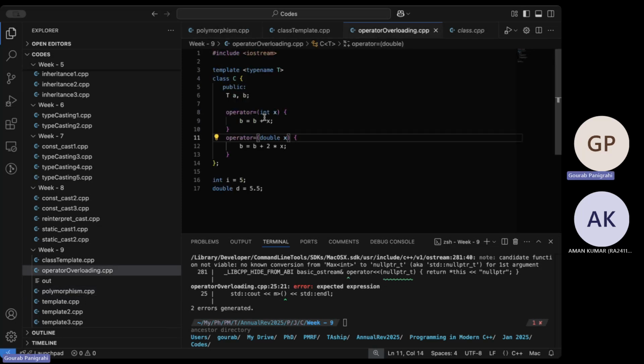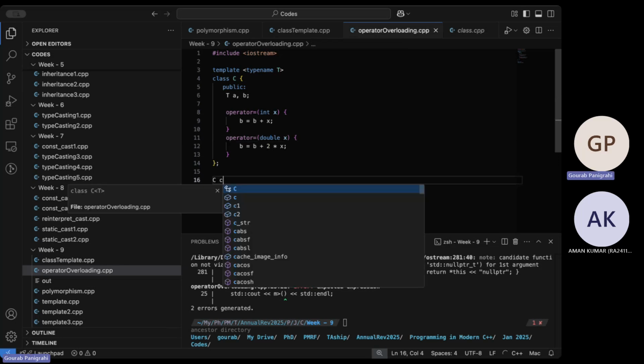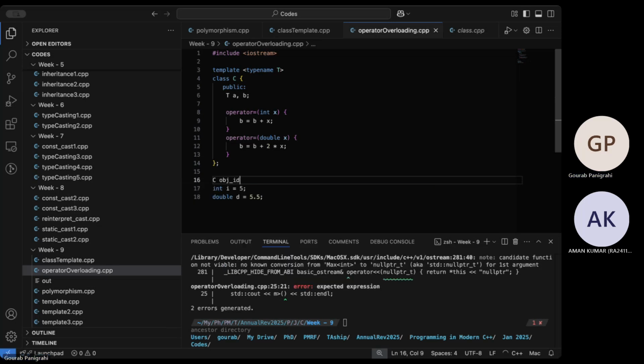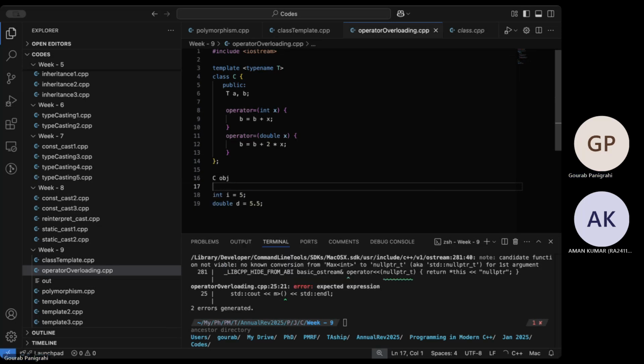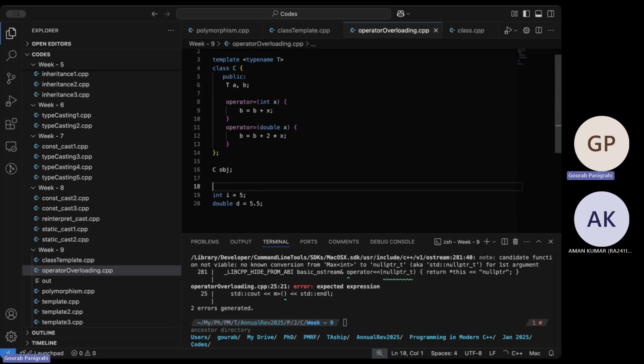So depending on this class C, let's say I have class C's object as obj. Now I won't compile this, but you'll probably get the idea of what will be the output for each of them.